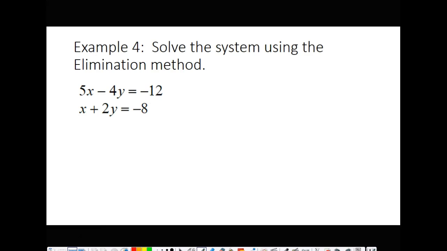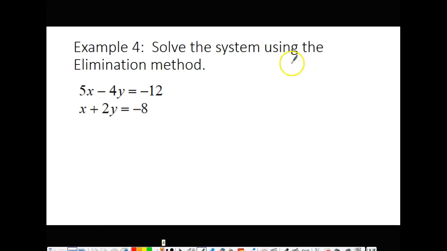I'm going to provide you guys with some steps. If you're looking at this right now and you're thinking, I don't remember how to do this, or that doesn't even look familiar to me, you might want to write the steps down. If you feel like you could do that right now in 2 seconds, then you don't need to write the steps down. So the first thing you want to do is